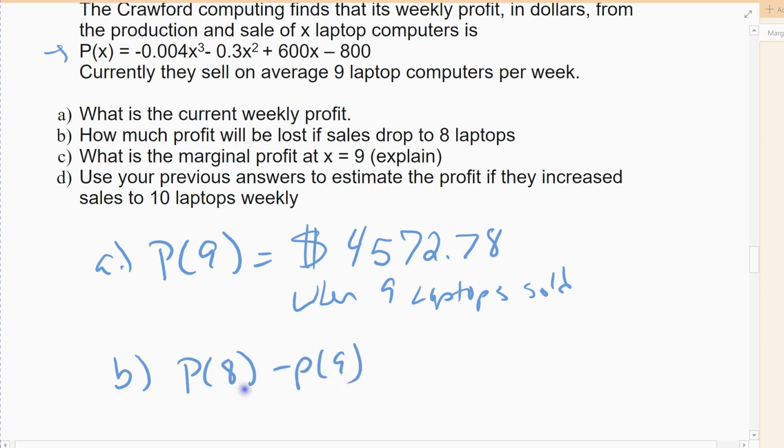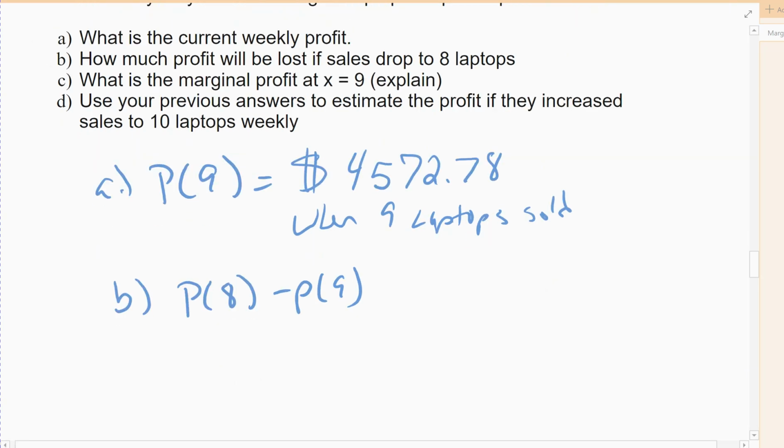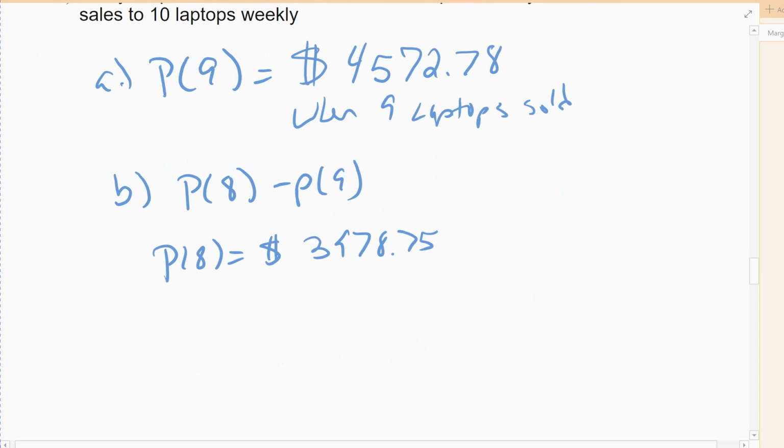I want to know how much does profit decrease when they only sell 8? So that's the current level. So I have to take 8, plug it into the profit equation, and then find the difference between that and 9. So first I'll find the profit at 8. It comes out $3,978.75, and then the difference, so it does drop,